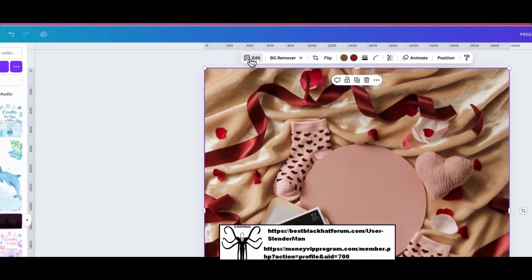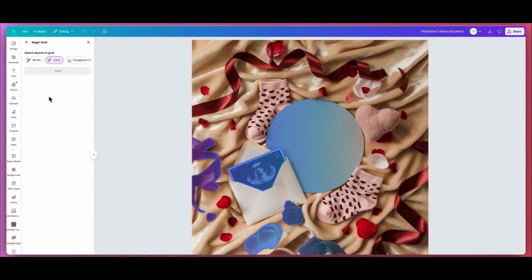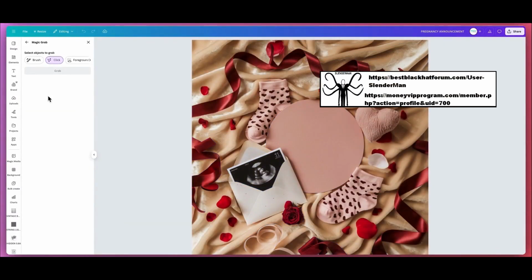Then what I'll do is I'm going to edit, and I'm going to go to Magic Studio, and go to Magic Grab. And so this is a really cool feature. Unfortunately, I think it's only within the paid version of Canva, but I'm just going to say the paid version of